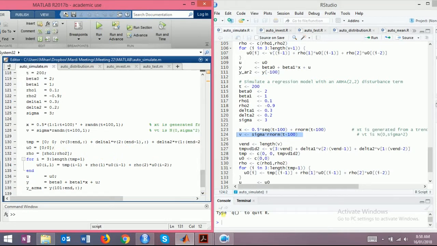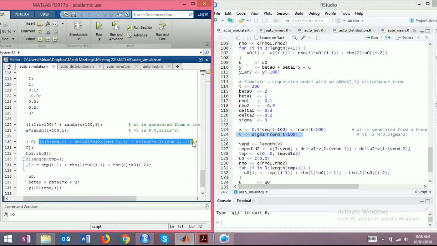Because the AR part we are not taking here. Here we are talking about the MA part only, not the AR part. So taking the AR part to be 0, and the autoregressive part and the moving average part we specify, which is 3 to end, because delta 1, delta 2, delta v 2 to n minus 1, 1 to n minus 2. See, this has an interesting structure. If you have two columns, 2 to end minus 1, the size remains the same, but we have a shift up in delta 2, right? Delta 1,